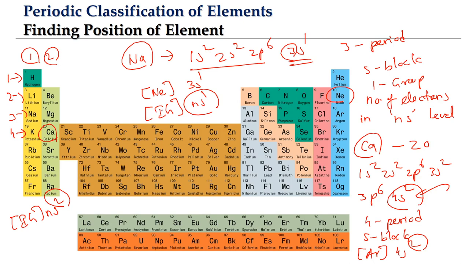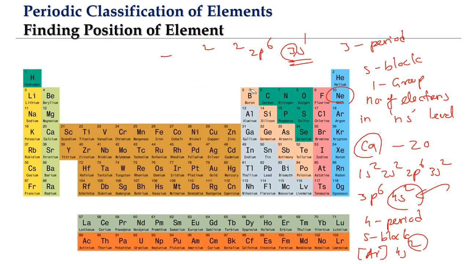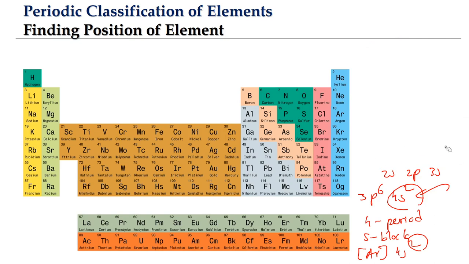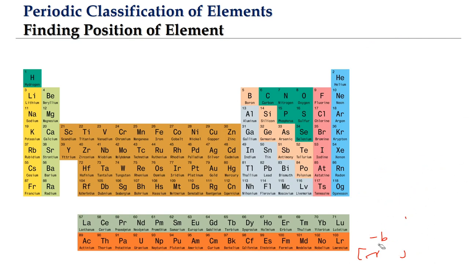Okay, so for the s block elements, the general rule for identifying the group number is the number of electrons in the ns level. Because in one of the previous videos also we would have seen the general electronic configuration. The general electronic configuration of the s block elements is inert gas followed by ns1 or 2, because ns1 will be for the first group elements, ns2 will be for the second group elements. So we have to count.